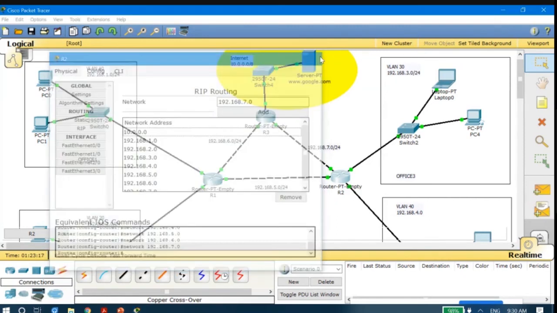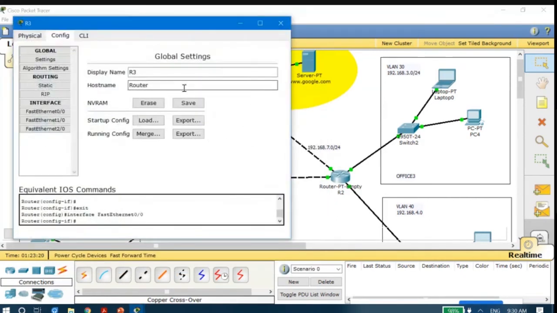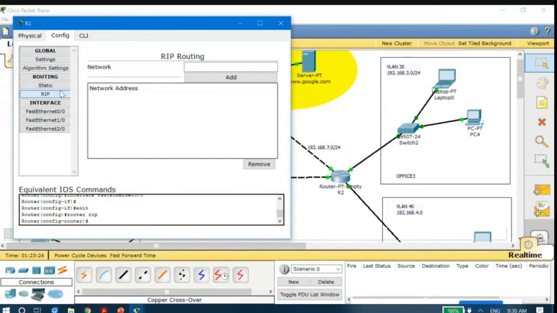Finally, for the third router also, we will have to do the same thing. So again, go to RIP.